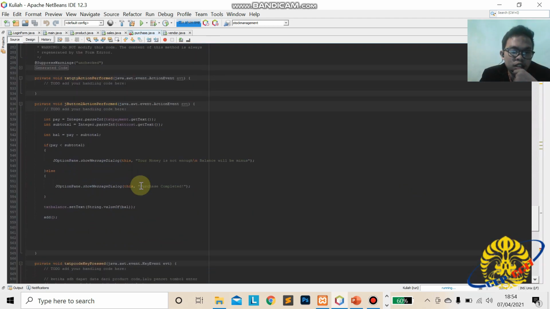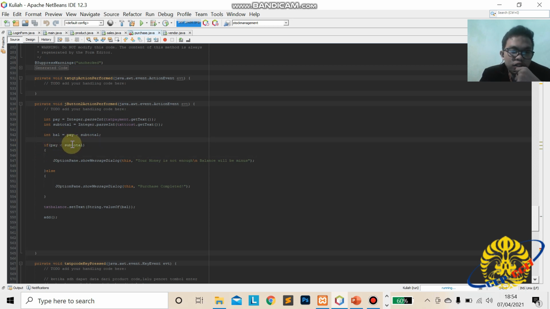Yep. In the button buy we have some formula. This is we assign integer pay, get text to the integer payment, subtotal get text to the cost, and then this is the formula: bal equals pay minus subtotal.